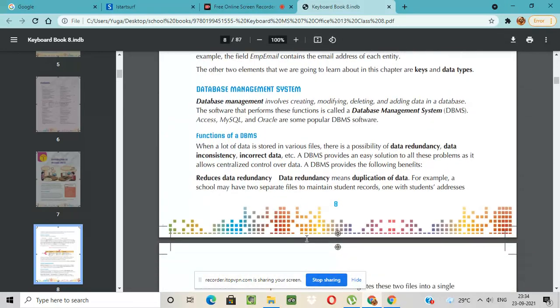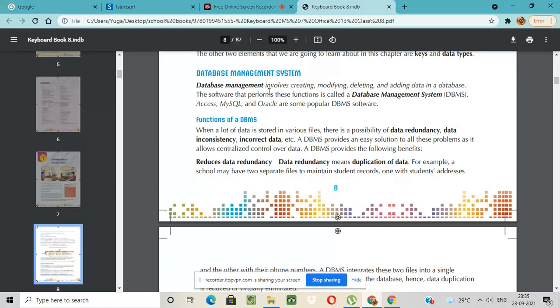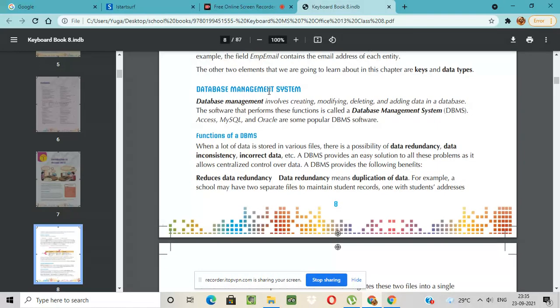Now next is the database management system. What is this exactly? Database management involves creating, modifying, deleting, and adding data in a database. The software that performs these functions is called a database management system. Students, please remember the full form of DBMS, database management system.